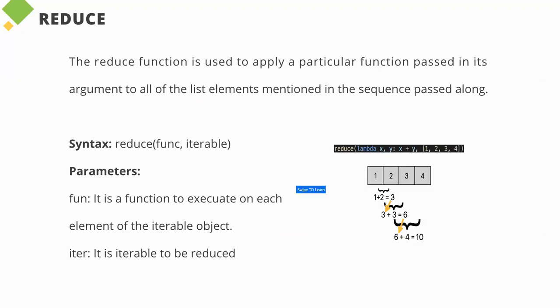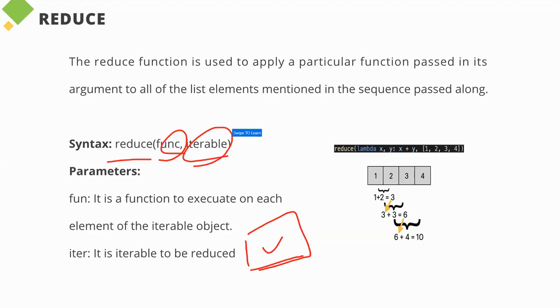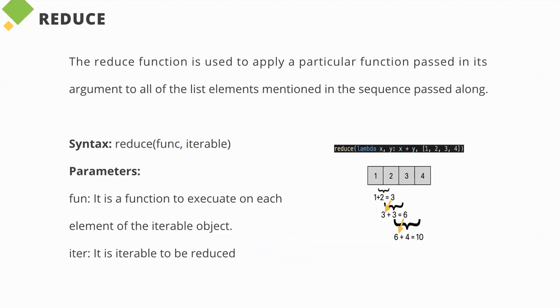So reducing the values in the data, I mean refining the data or pre-processing the data and making it into a single value. As I told, the function syntax is the same: reduce followed by parentheses, the function, and then the iterable. As you see in this image here, this is x, y, and it is giving the summation x